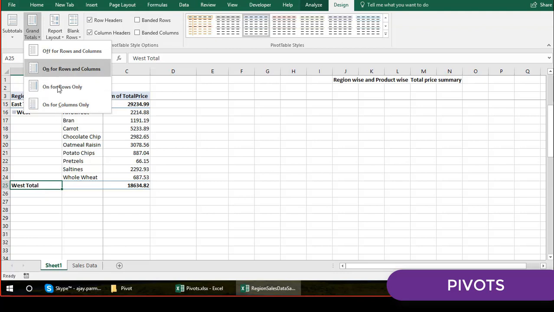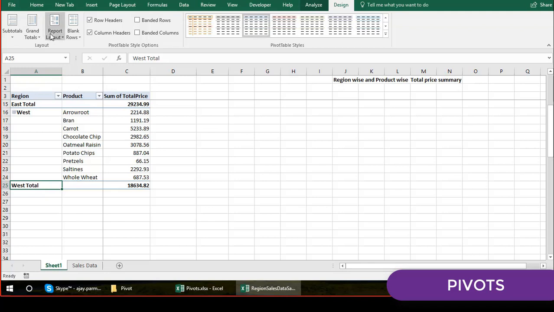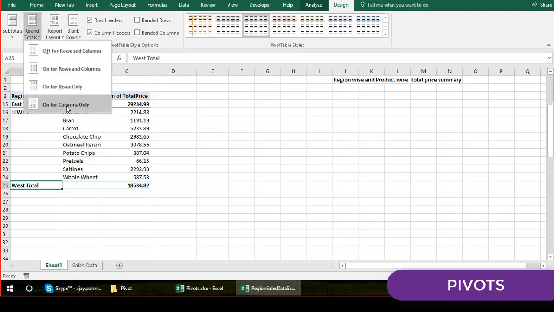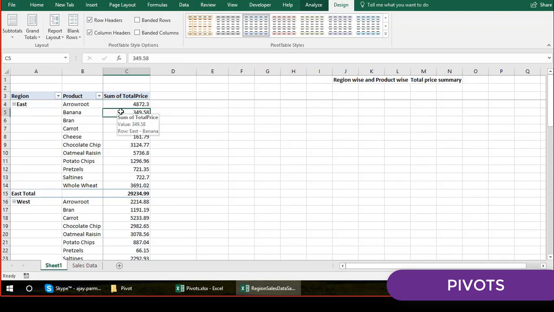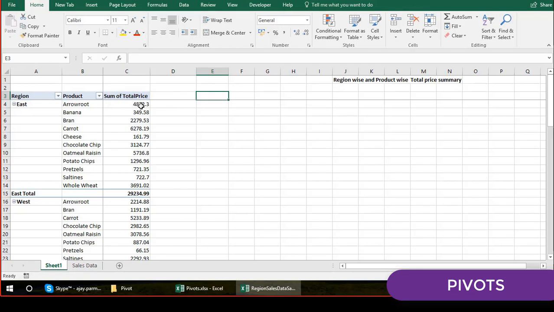Okay, now if you click for, let's say, the row, let me click here, you see nothing happens. If I go and click on the on for the column, you see that it is coming, right? Because basically this is the column sum. We don't have the row sum. How are you going to get the row sum? Row sum basically appears when you have multiple items here. If I put, let's say, total price 2, total price 3, total price 4, and you want to sum these numbers across rows as well, there also the pivot forms the total. So basically you have everything, whatever you want you can do.